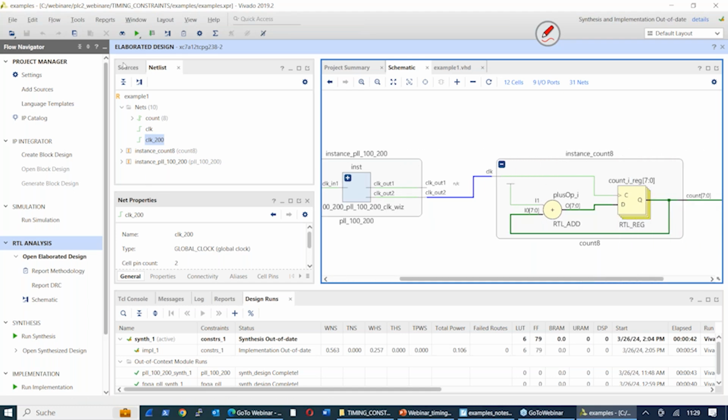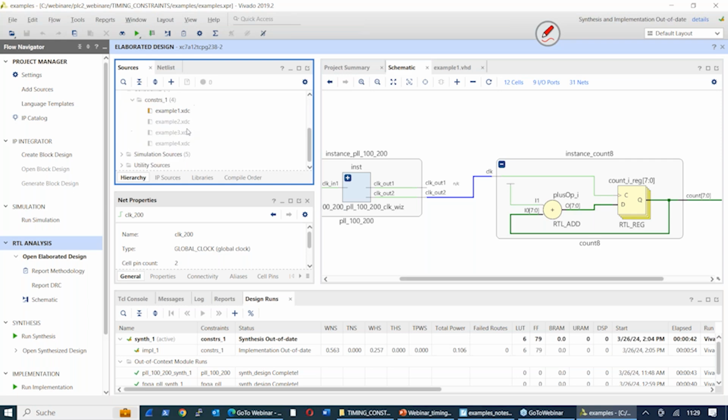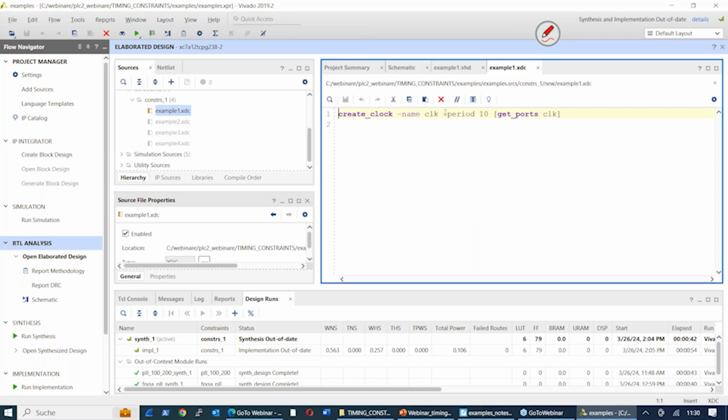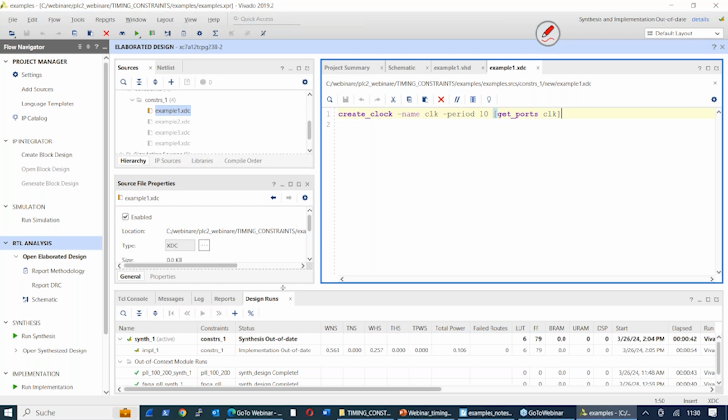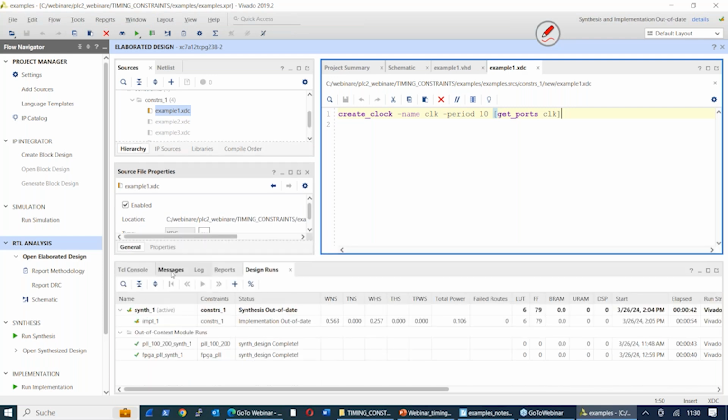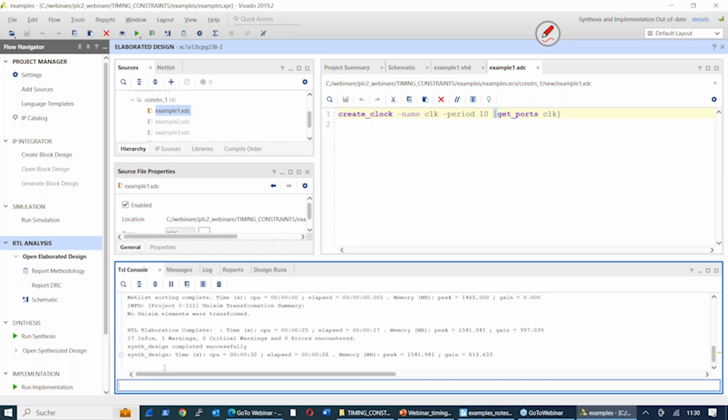This means the timing constraint which I defined is actually here. So this is a constraint. Here we go: create clock with a period 10 connected to clock. This is the one and only definition here. So I could actually go to the Tcl console, and I think I can do it right after the elaboration. I can say report